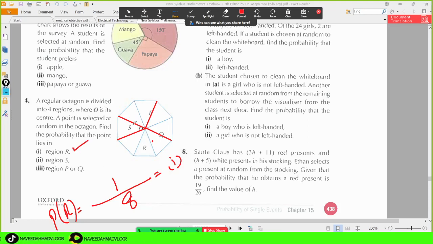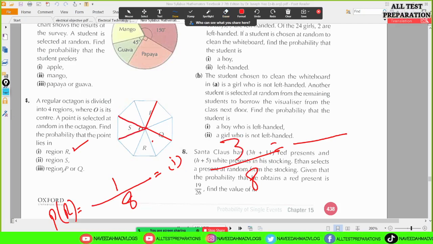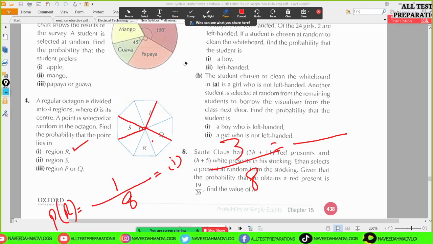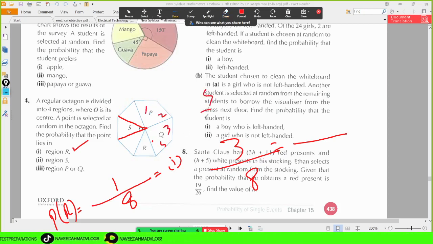फॉर एस के लिए एस टोटल कितने? 8 है. एस कितना कवर कर रहे हैं? एस आपका 2 रीजन्स कवर कर रहे हैं. तो 2 डिवाइड बाई 8 दैट्स विल गिव यू द प्रोबेबिलिटी। ओके, यहाँ पे देख लो S2 कवर करे 2, नो, S is covering 3 parts। ओके, एक ये 1 2 3 फॉर रीजन P और Q। P और Q मीन्स के P और Q दोनों को, तो P कितने करो 1 2 3 4, तो 4 डिवाइड बाई 8, तो इससे आपके पास 0.5 आ रहे हैं।